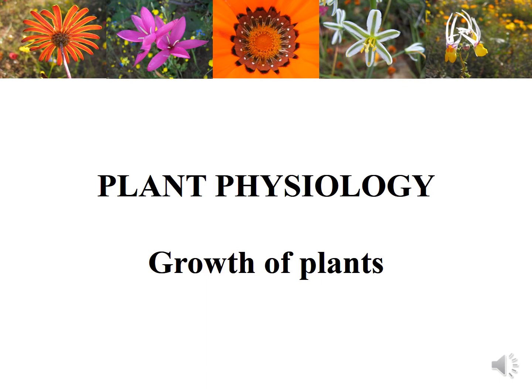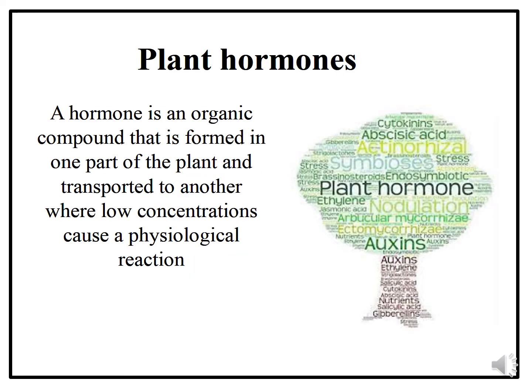So how does this growth take place? The thing that stimulates plant growth is what is called hormones, very similar to the hormones that we have in our own human bodies, but we'll get to the differences just now. So what is a plant hormone? It is an organic compound that is formed in one part of the plant and transported to another where it